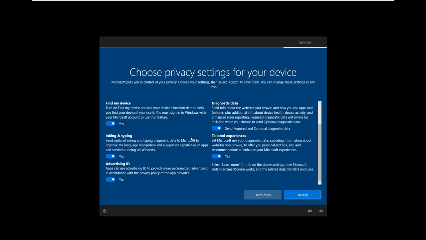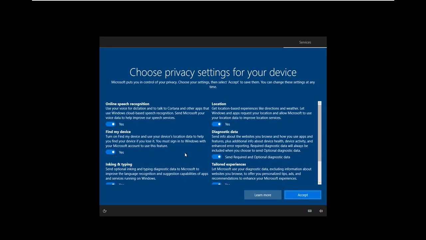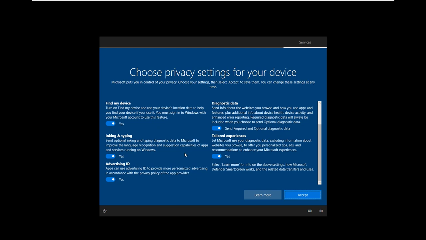and information. So basically all this information is collected by Microsoft from you: your machine, your activity, your browsing information, your location, your voice, so that they can improve their services, give you a tailored experience, and give you targeted ads and advertisements. If you don't want to accept them, then you can just disable these settings. Otherwise you can do what? Accept.